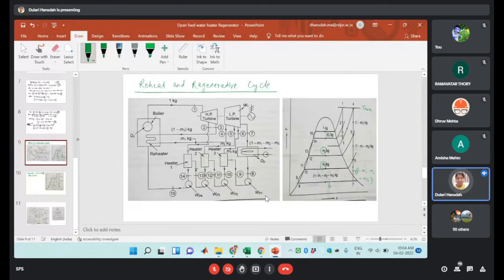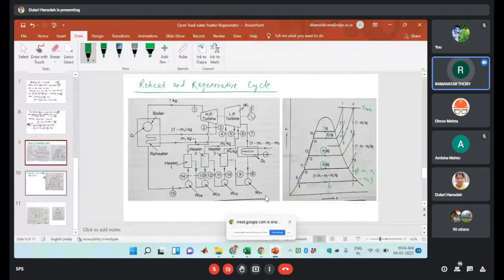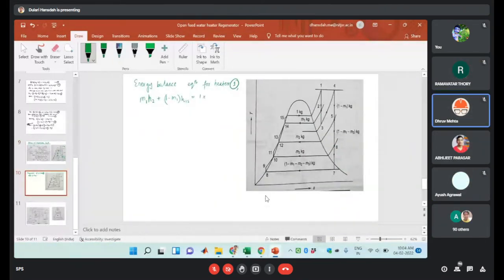Then the output is how much? It will be H14, 1 into H14. So from here we can get M1. Similarly, if you are doing the energy balance equation,